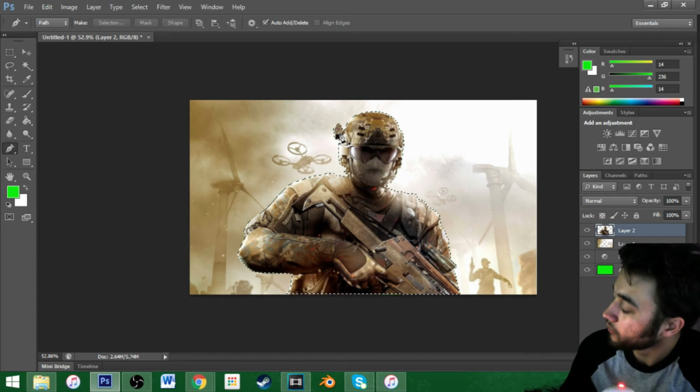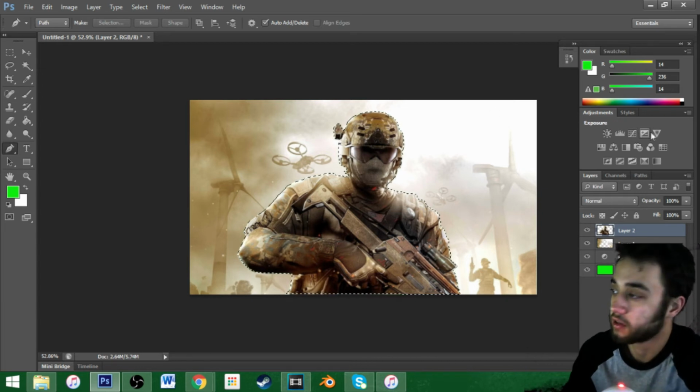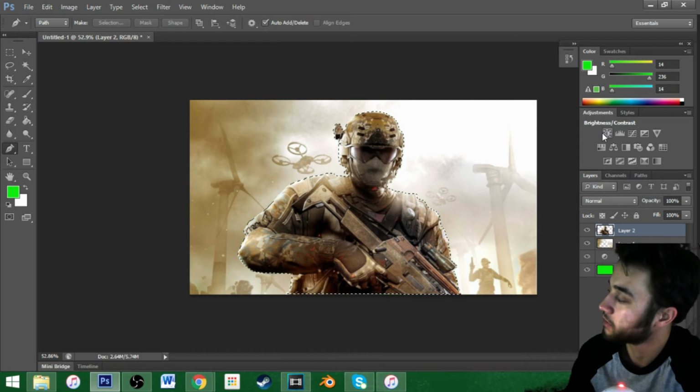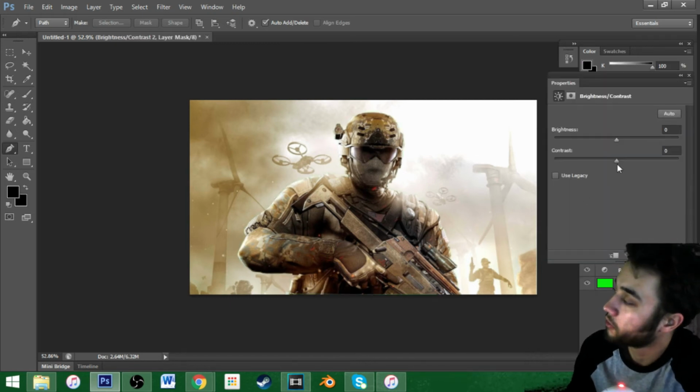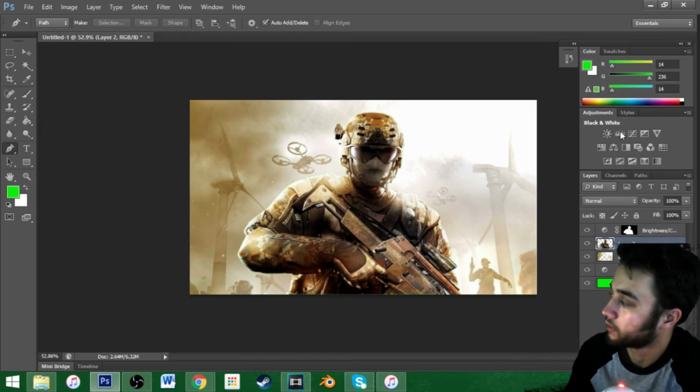Now you have a few different options to do this, either plug-in filters that you download, or you can use these adjustments that Photoshop has. So I'll go through the adjustments first. Brightness and contrast, you can up the contrast a bit, make that look cool. Brightness, keep it like that. So that already looks a lot better from what it was originally. As you can see, it looks a lot more HD. It looks nice. Okay, so click back on your layer,